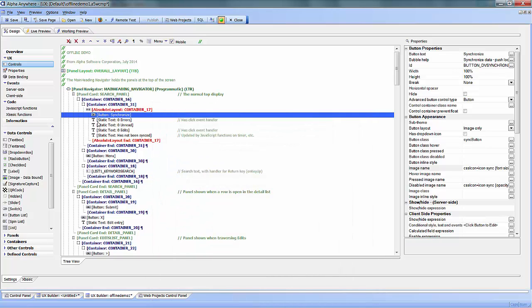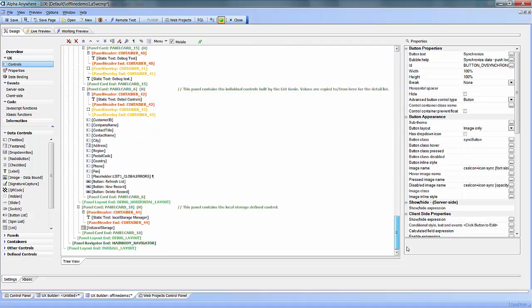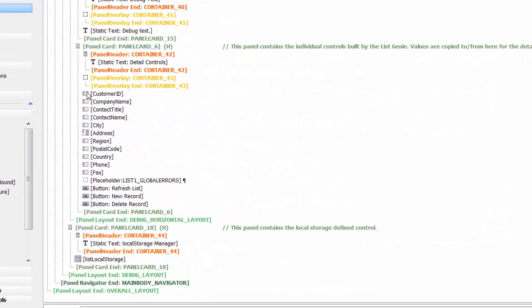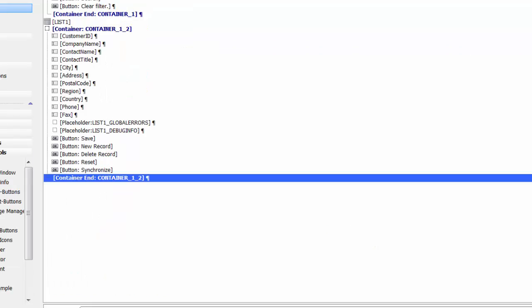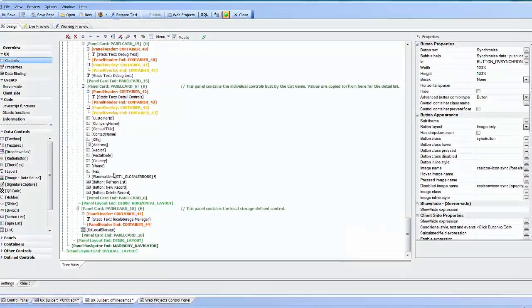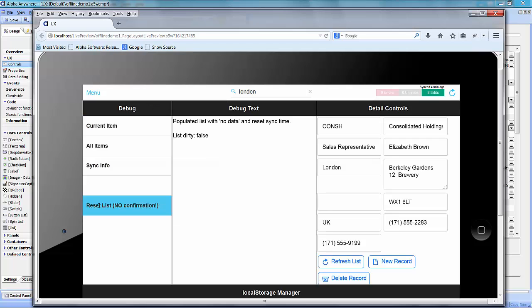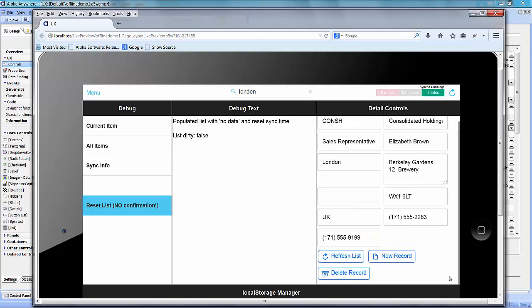Okay. So you'll see what we've done is this is what was produced by the Genie here. These are just set in a panel at the end that is available only for debugging. You can see it, but let me show you here. You go to Menu, Debug. You look over here, you'll see here are those